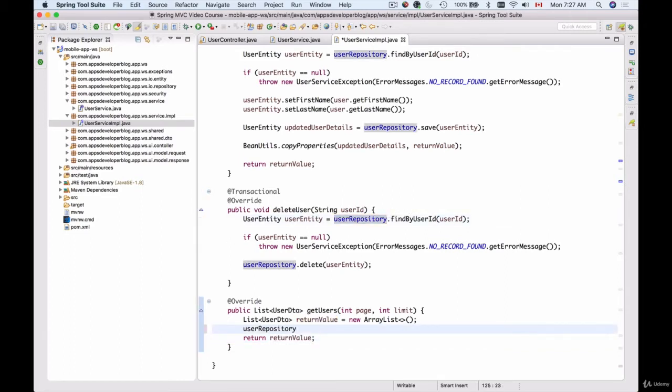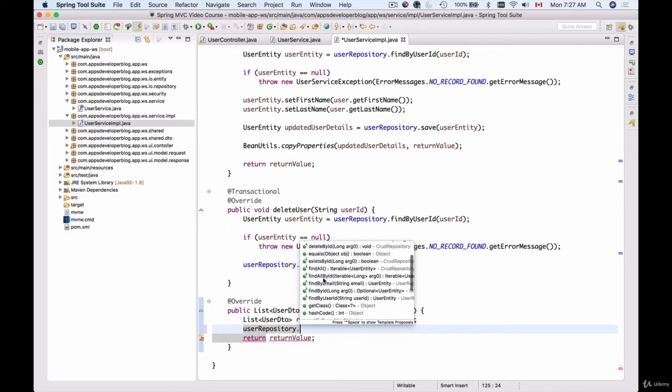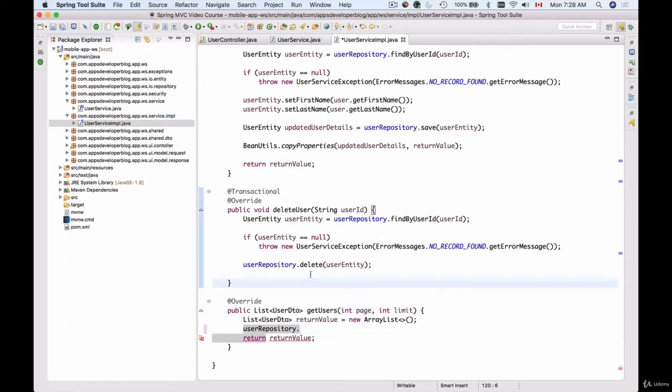If we use user repository and hit dot, we can look through, and here we have find all and find all by ID. Some of the methods are already implemented. We can easily use find all, which will return an entire list of users from our database. But remember, we do not want to return entire list because that might be too many. We want to implement pagination and return a limited list of records for each request. And Spring Data JPA does provide us with this functionality, but for that we will need to make a little